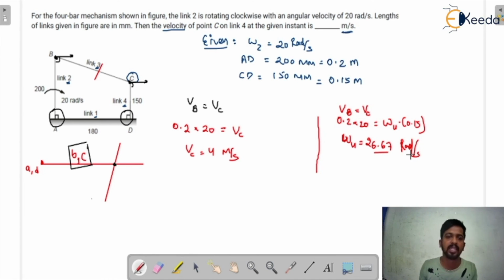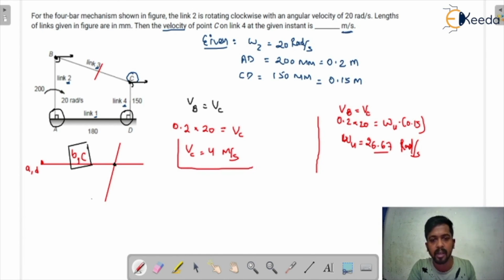So in the exam they can ask you anything, but you just have to know how to draw the velocity diagram. When you draw the velocity diagram perfectly, you can solve the questions, whatever the level of the questions, it doesn't matter. Whatever they ask you in the question, you can answer, but first you have to draw the velocity diagram perfectly. So for this question, the answer is 4 meter per second. The unit must be the same. Don't forget to convert units.